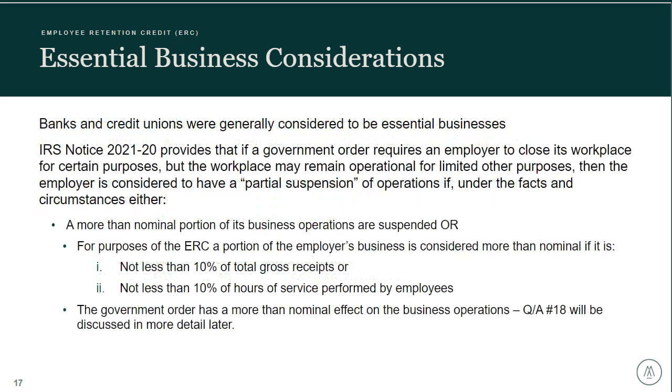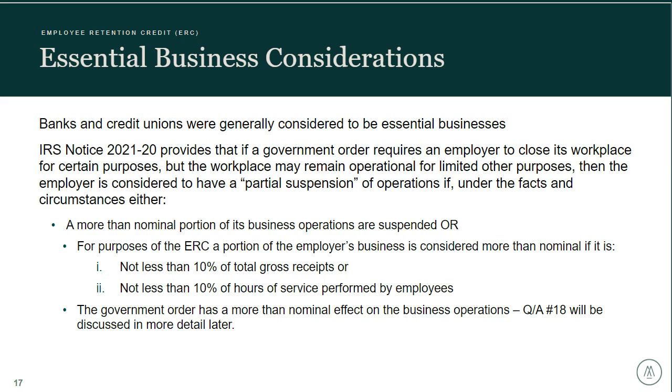So banks and credit unions were generally viewed and deemed to be essential businesses. Now, that is not a bar to qualification. It just means that there may be a few additional steps that we want to look at and that we want to document for purposes of qualification. Notice 2120 provides that if a government order requires an employer to close its workplace for certain purposes, but the workplace can remain open for limited other purposes, then the employer is considered to have a partial suspension of operations if under the facts and circumstances, and this is where we're going to get into this more than nominal test,